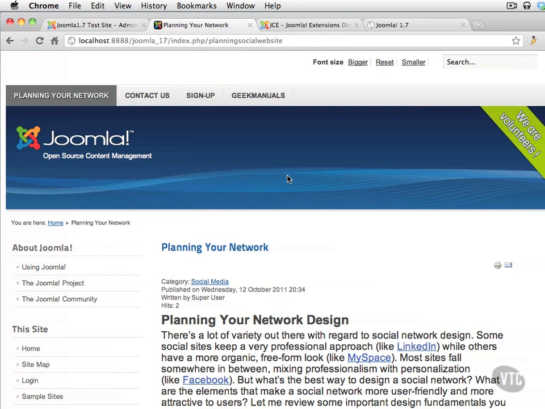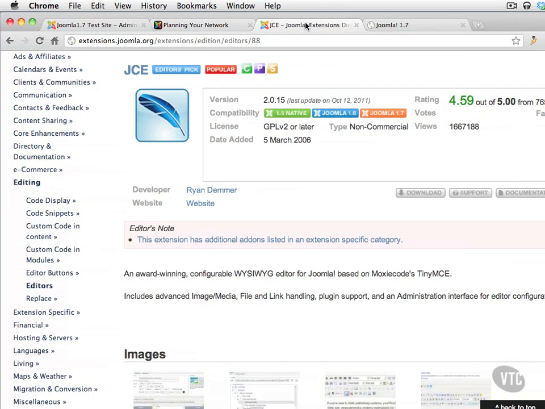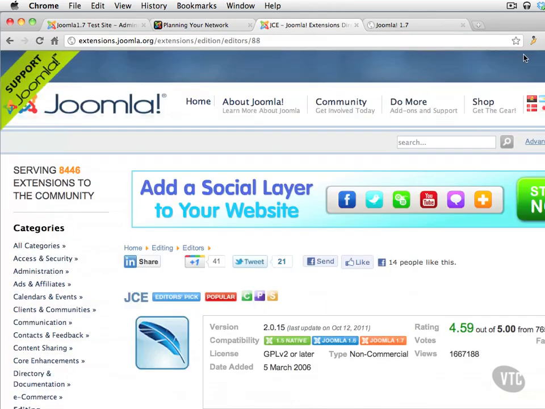But really, the reason you may want to choose Joomla over the other tools to create a custom social network is the wealth of extensions and add-ons that are available with this tool. To give you an idea, if you go to the Joomla extensions directory here at extensions.joomla.org, you'll notice that there are